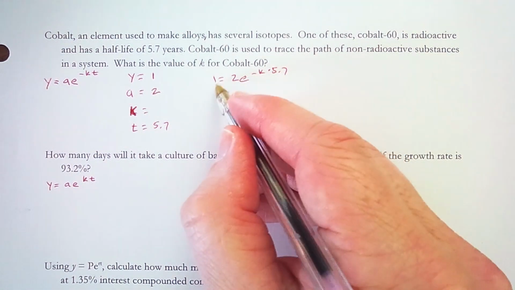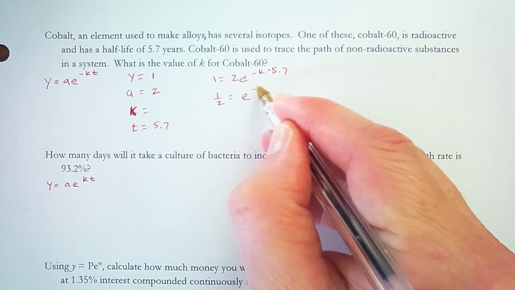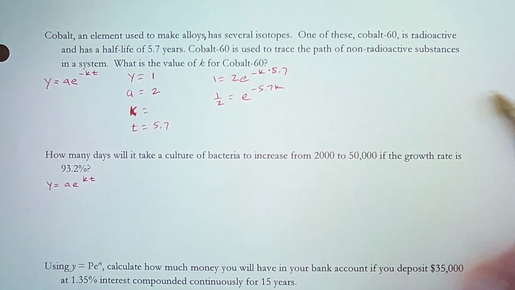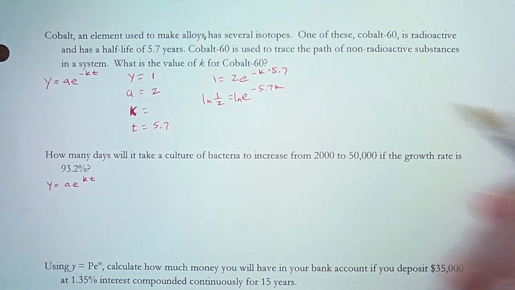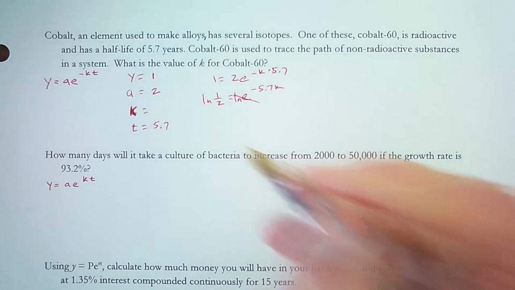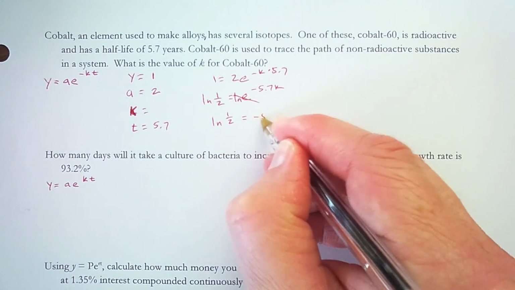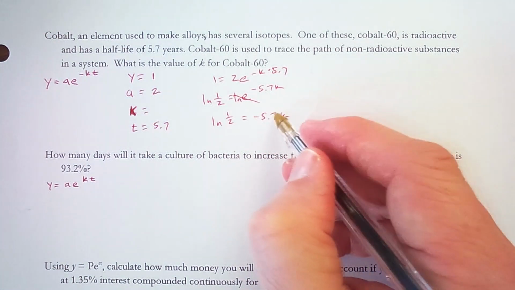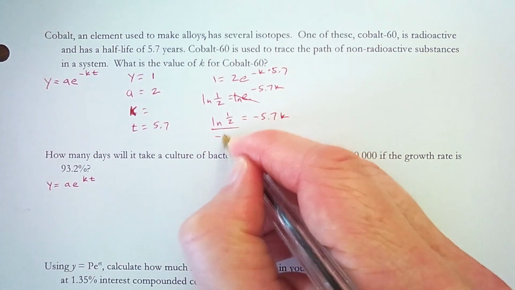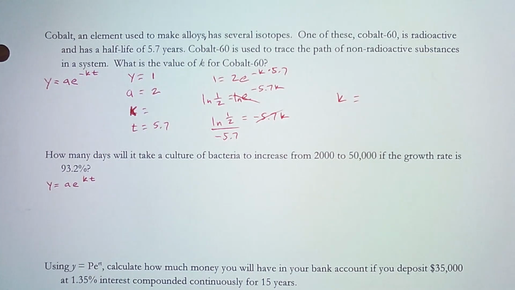If I divide both sides by 2, I'll get 1/2 equals e to the negative 5.7k power. To cancel out this e, I can do natural log on both sides. That's log base e, and that cancels the e. So I've got natural log 1/2 equals negative 5.7k. And then to get k by itself, I can divide by negative 5.7. So k equals